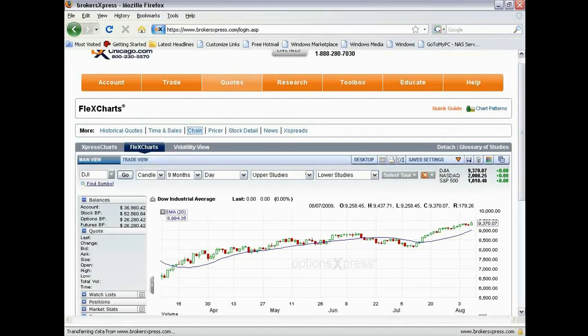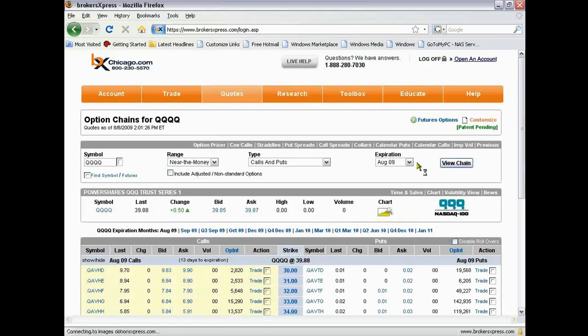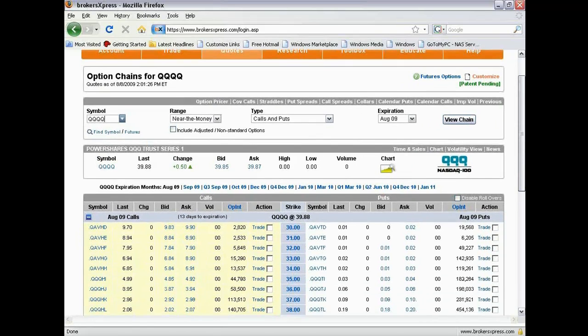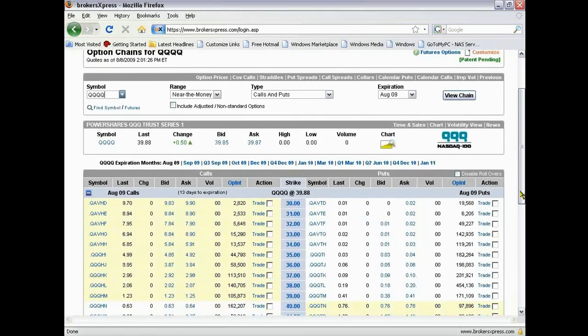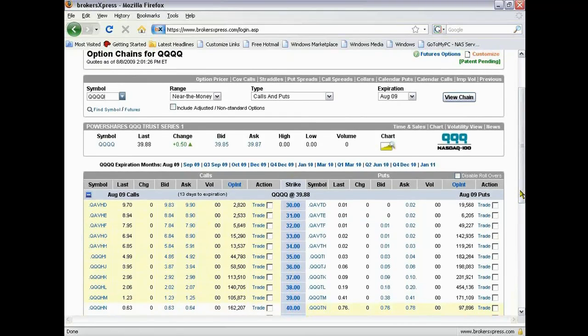So if this has resistance at 45 and support at 40.250 and 40, I want to now say if I'm going to do some type of trade, I wouldn't buy a call because I'm already at resistance. I'm ready for a little pullback. I wouldn't buy a put, definitely, because this is in an uptrend. So I'd be looking for some type of bullish trade that allows me to reverse if necessary.